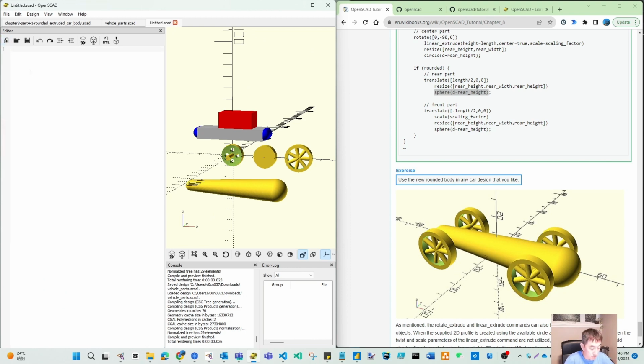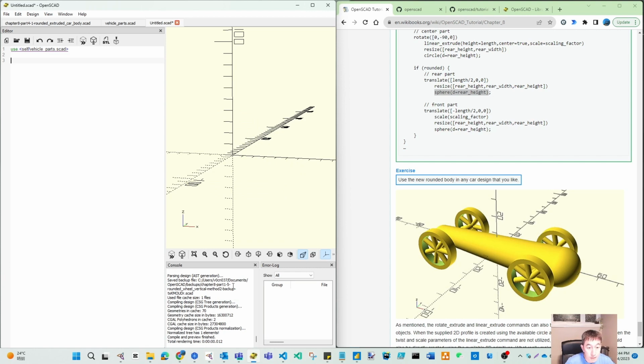So let's create a new one. So use. You remember you need to use, and the folder, subfolder is self and the vehicle parts .scad. Let's press F5, no error means it's okay. We got that. And then let's have this